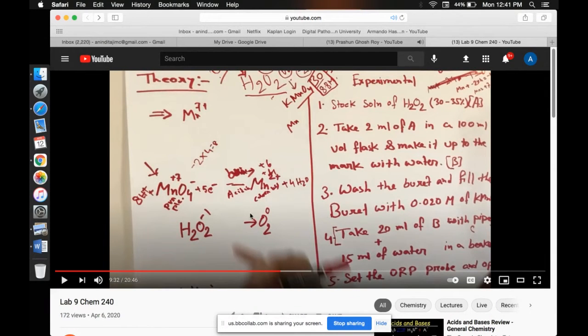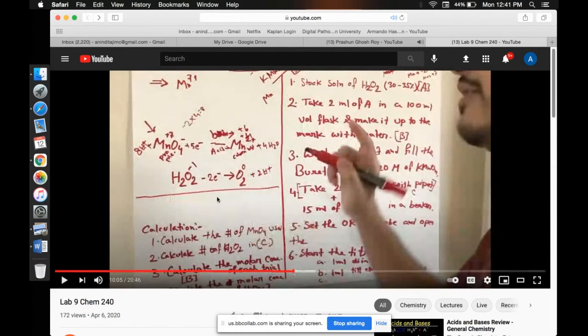So now let's talk about the second one. Here is what is going to happen: the oxygen is -1. As I said, if you watch the video, you see that I discussed that the oxidation state of oxygen is always -2 except in hydrogen peroxide. If it is in hydrogen peroxide, then it is -1. Other than this, it is always -2.